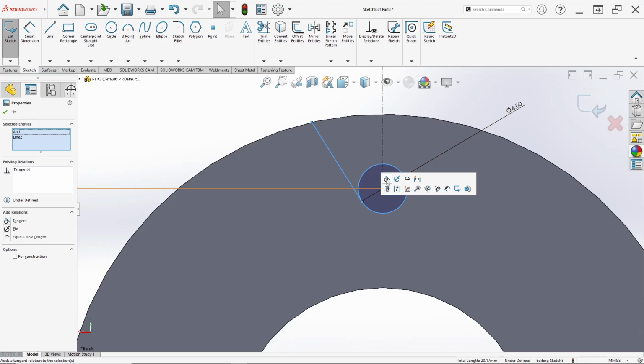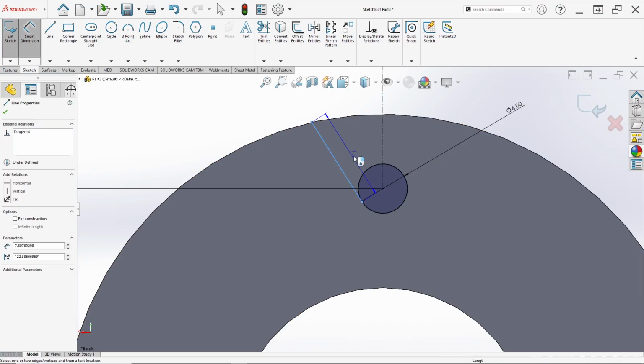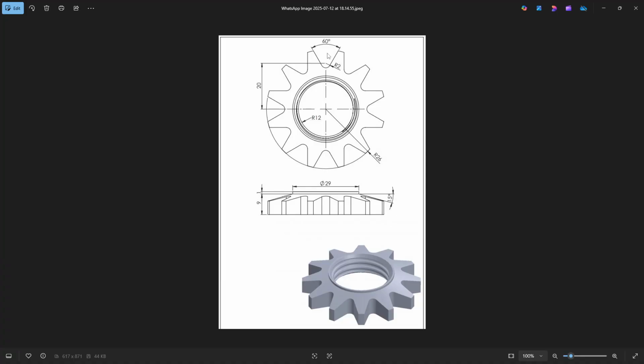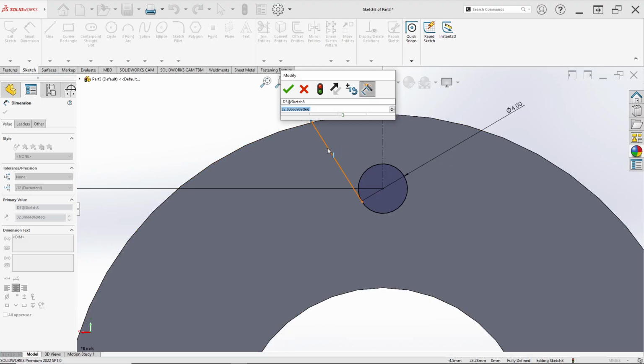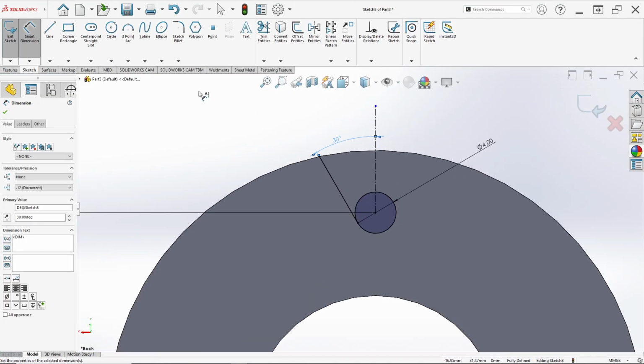After that, we can set the dimension of this line. We can see 60 degree, so this line to the center is 30 degree like this,